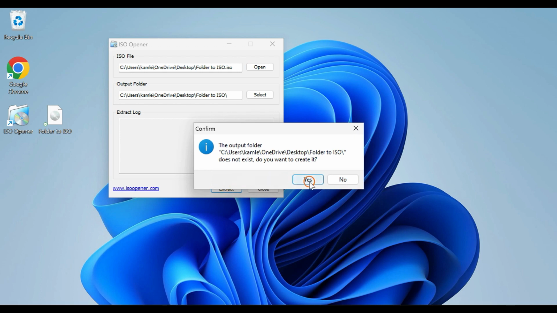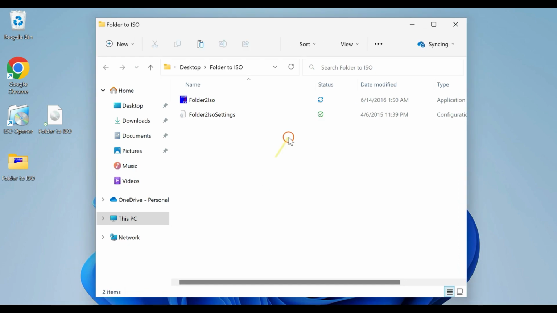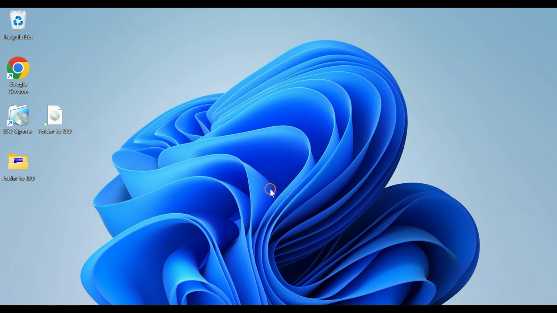Please note that there should be enough space left in the output directory. The required disk space size is approximately the same as the ISO file that you specified. If the disk space is not enough, the extraction operation will be terminated. Further, if the ISO file contains a folder, the software will automatically create a corresponding folder. Finally, once the file extraction is completed, this software will prompt the total number of extracted files and folders and the total output file size.